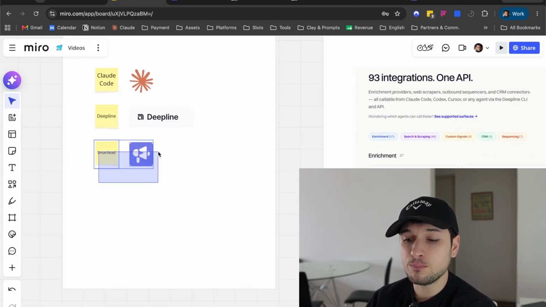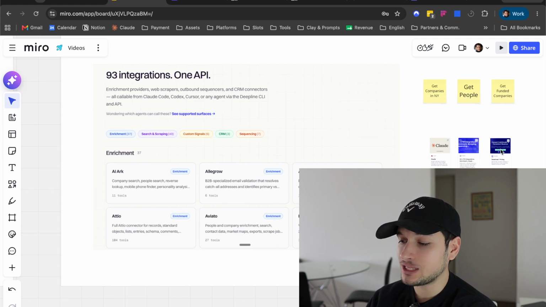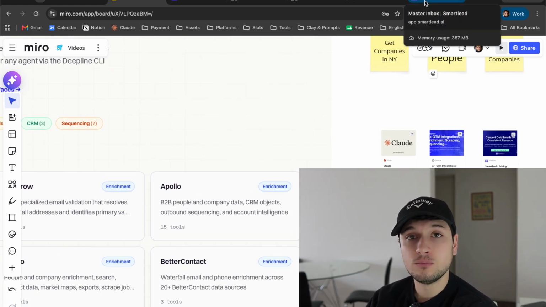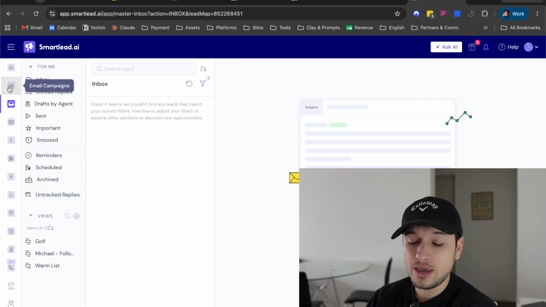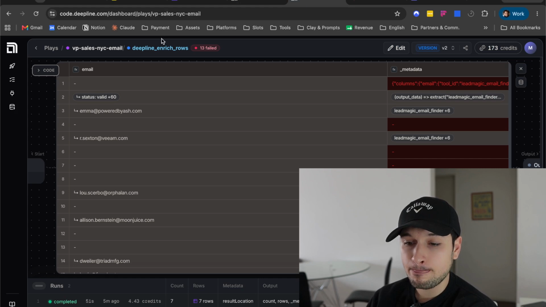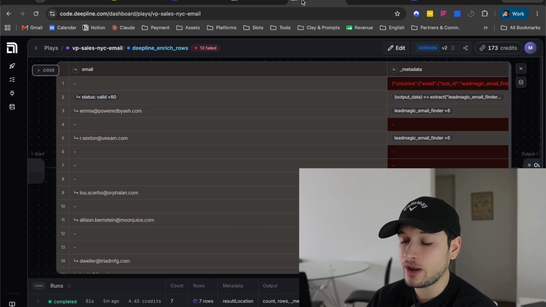The only missing part is the sending provider. Once you have that sheet, you can connect Smartlead. Smartlead is a very cool sending provider, the one that I use. It's pretty cheap. You can get the domain, get the addresses, but maybe this is something for the next video. And the cool news is that if you go to Deepline, in the integration part, you will see that you can connect Smartlead in a